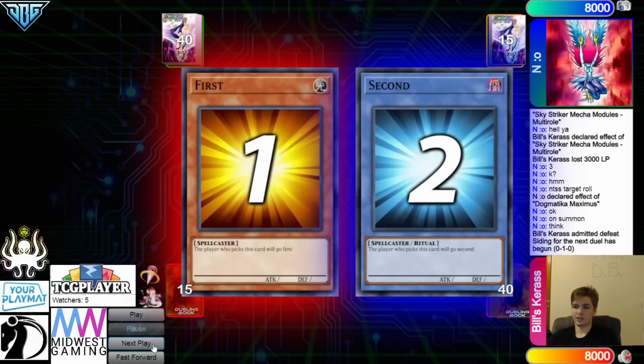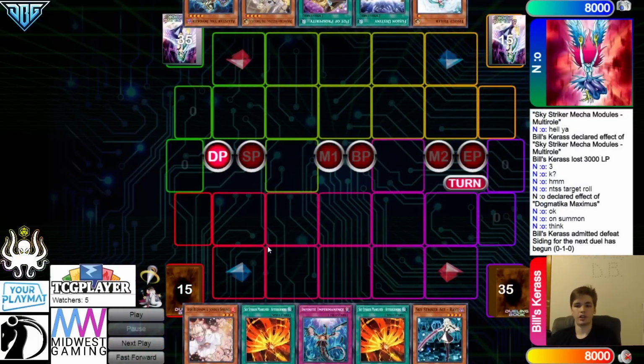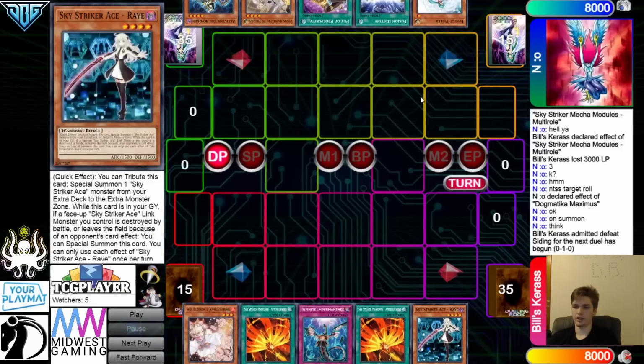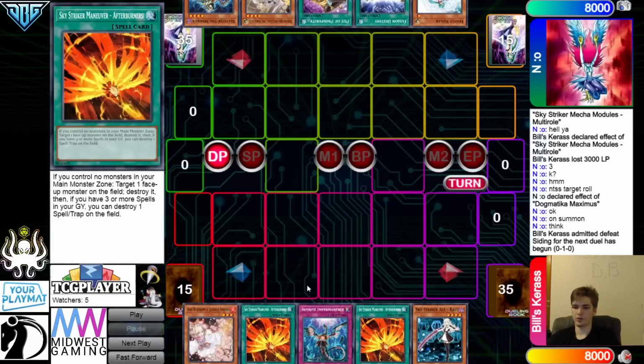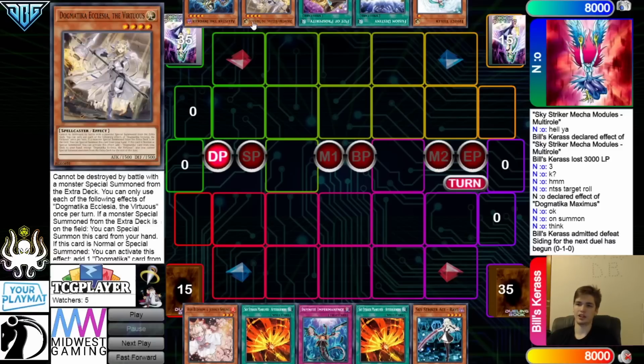Going on into the next game, we are going to see Striker decide to go first. Opening hands, we have Ash, Afterburners, Imperm, Afterburners, Ray. These really aren't that great going first, but as long as they make it back to their turn, they should be decent. And they have Valor, Fusion Destiny, Prosperity, Ecclesia, Alistair. Ooh,